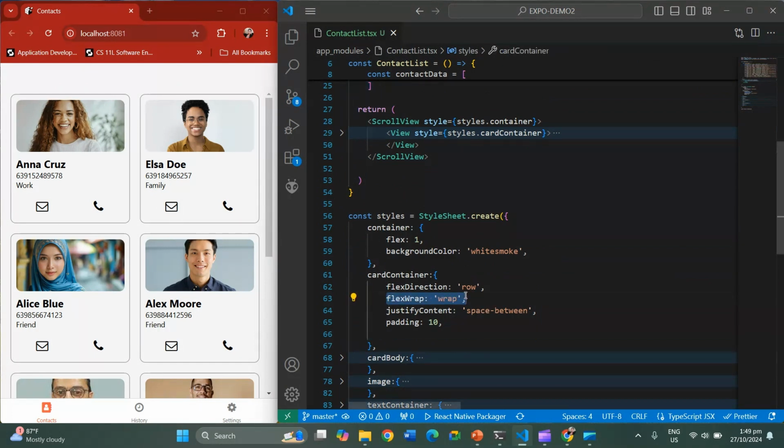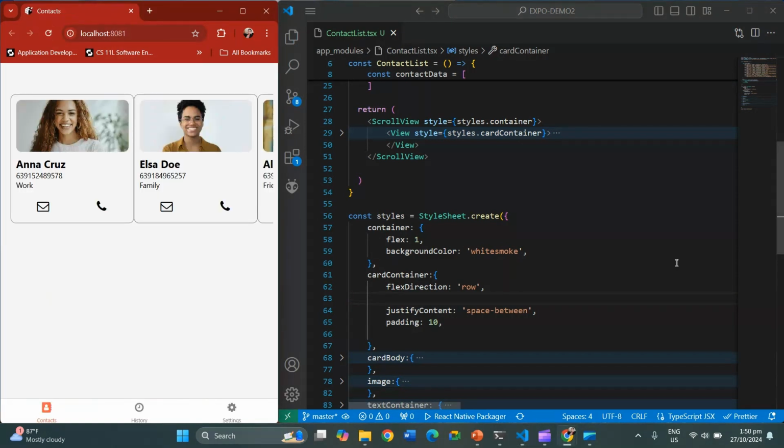And then we use flex wrap para hindi mag-overflow yung mga data natin or hindi siya one row lang. Kasi if I'm going to delete this one, observe what will happen to our code. I'm going to refresh it. As you can see, kapag wala yung wrap, ito yung mangyayari. Nag-overflow siya. Yan, nalampas yung cards natin. So it's very important so that it will be wrapped